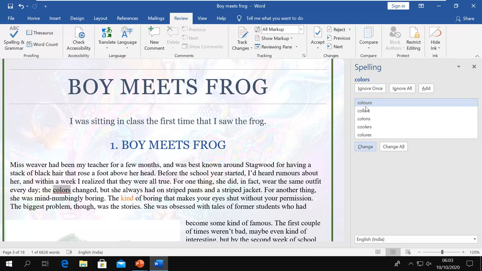The colors is not wrong actually, it is right. But it is because of my dictionary, the proofing language I am using here. In this, it is not right. It is suggesting me that you should use this spelling, but both are right if you can see this. So sometimes you will see some word which is different from the proofing language you are using. So you have to be careful about that, like what you want to do, what you want to change, or what you want to ignore. So I feel this is right, so I will ignore, or even I can say, okay, ignore it in my whole document.